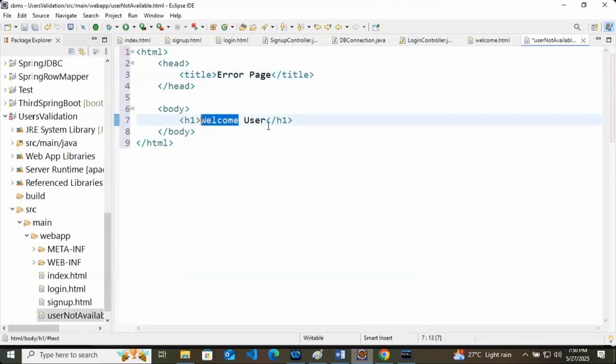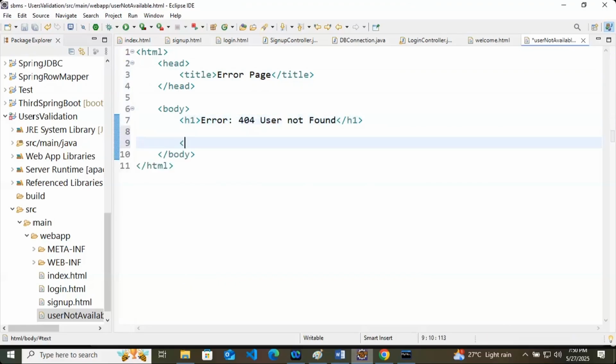Instead of welcome user, we should say error 404, user not found. And after that we will give an anchor tag for sign up. The user is not available, so you have to sign up, and this sign up will take us to the same sign up dot html page.